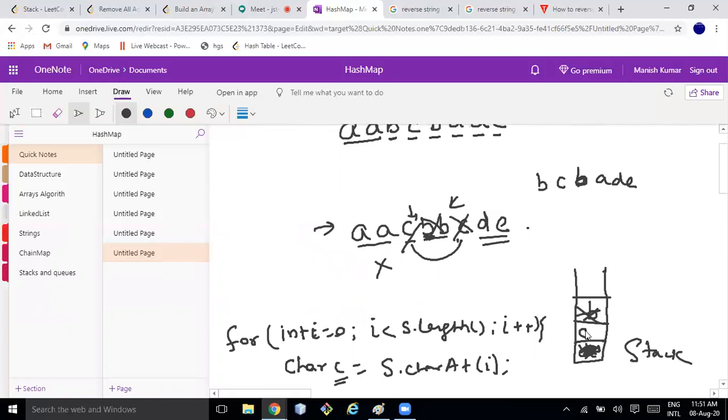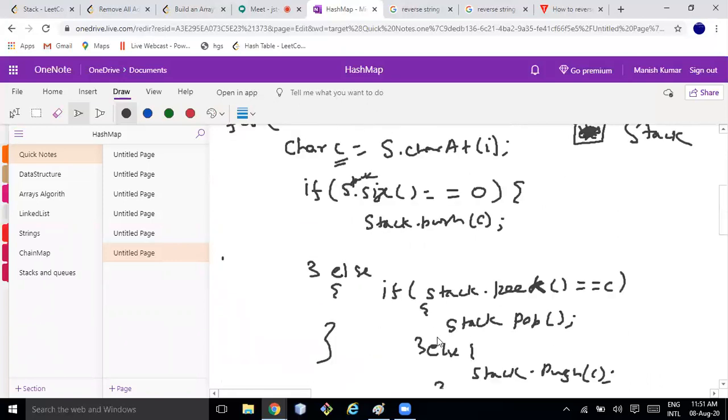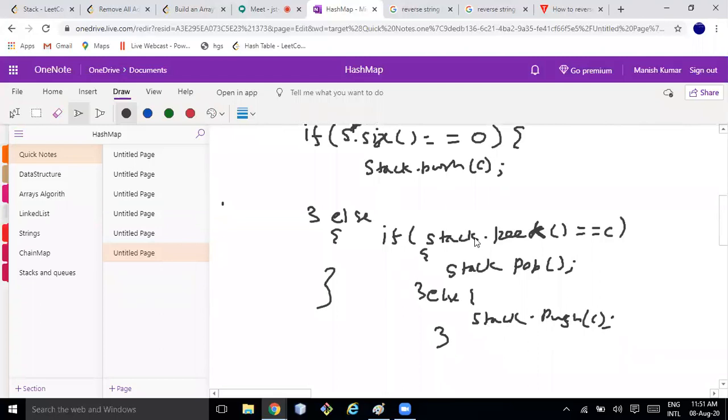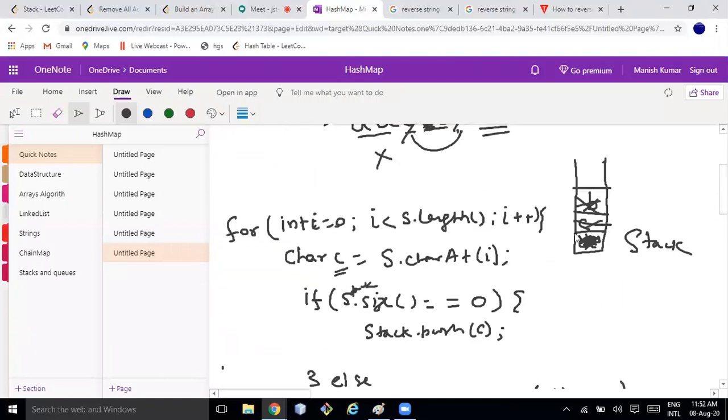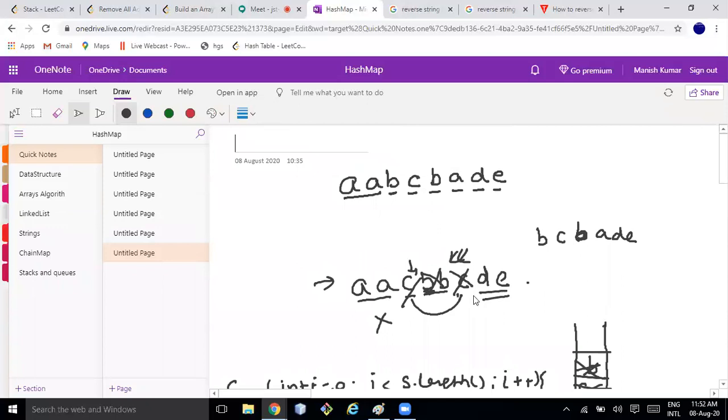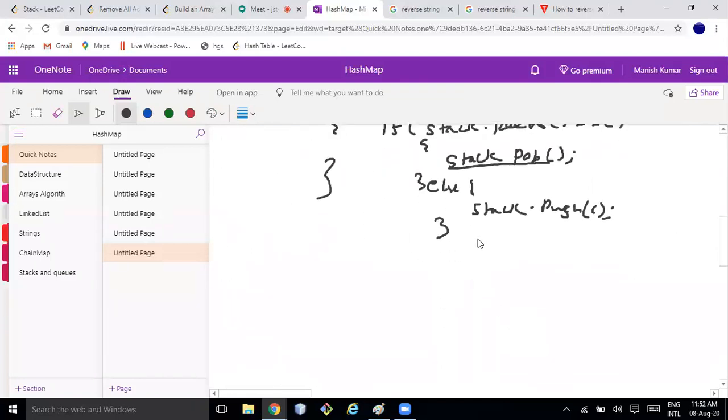So we will have only C. Then the next character, I will move to C. Then again I will check if stack dot peek is equal to C. Yeah, it's equal to C. Then I'll just pop it out. So this C will also be popped out, and then I'll go to D and E. So it's empty, and I will directly add E. This is not matching, so this block will run.